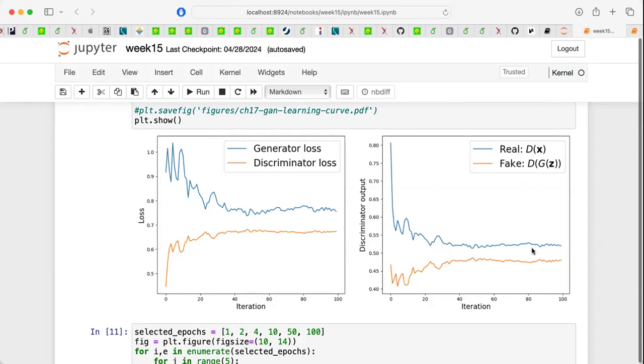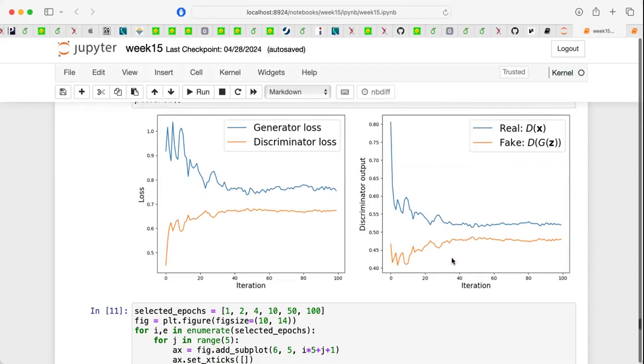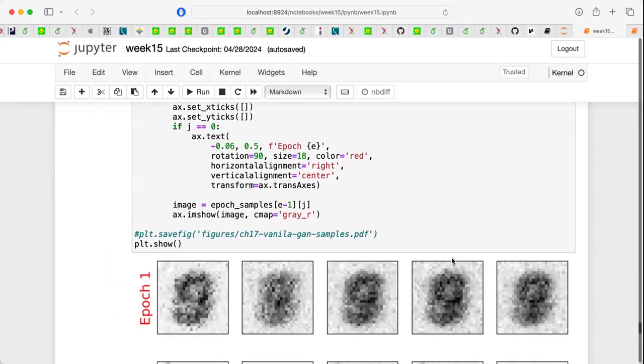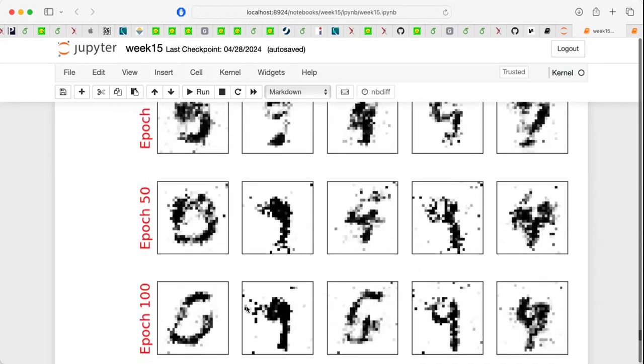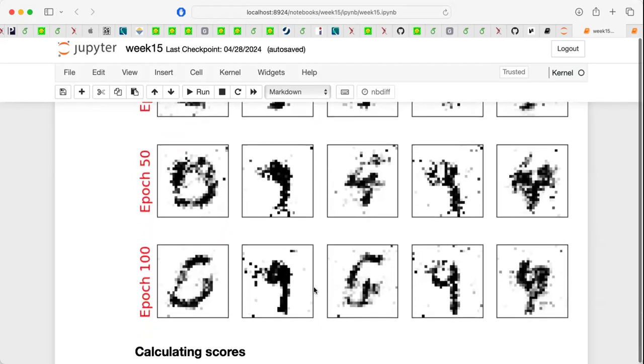And remember that these data were trained on the MNIST data, which are the handwritten numbers. You can see the result of the generator when we pick some specific samples. After one epoch, this doesn't exactly look like number 9. After 2 epochs, it's getting closer to number 9. And then after something like 100 epochs, we actually have a result